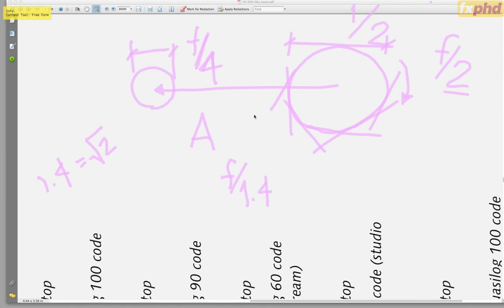So the area of f/1.4, the diameter is f over 1.4, but the area is half. So what this means is from f over 2 to f over 4, that's a half. Halves the amount of light, that's 1 stop. When you go from f1 over 4,